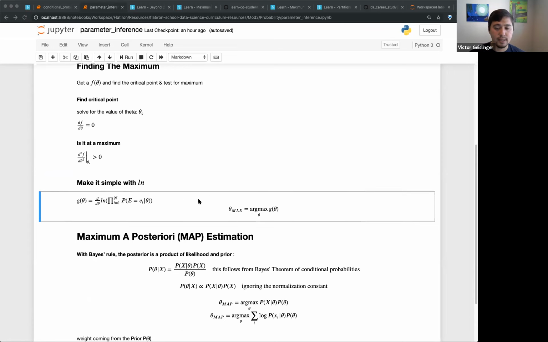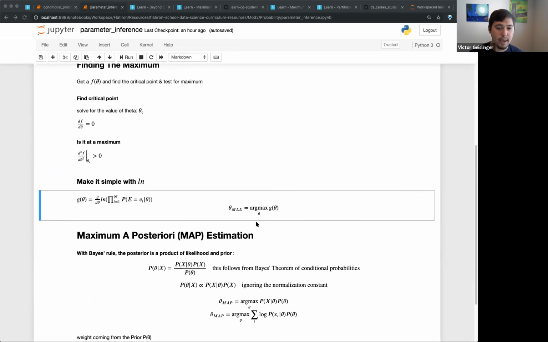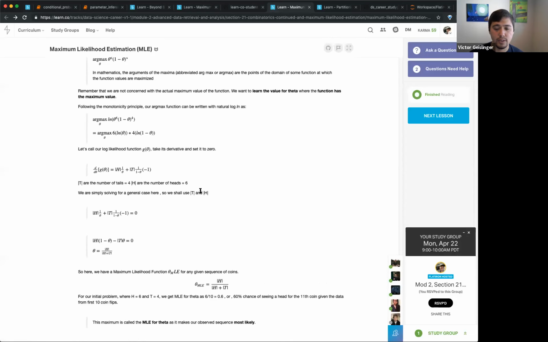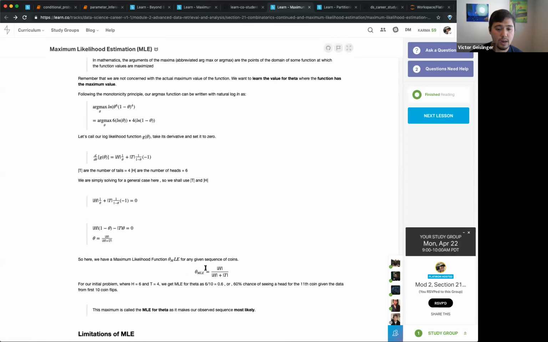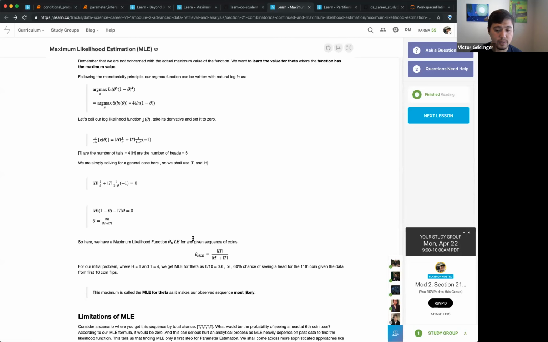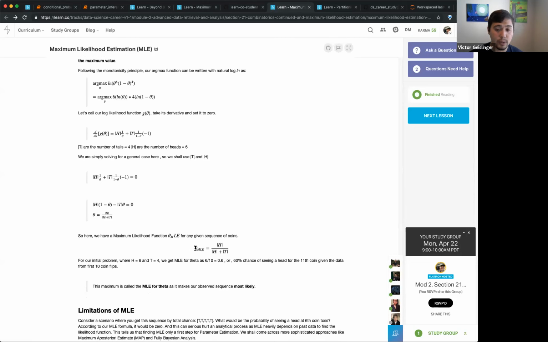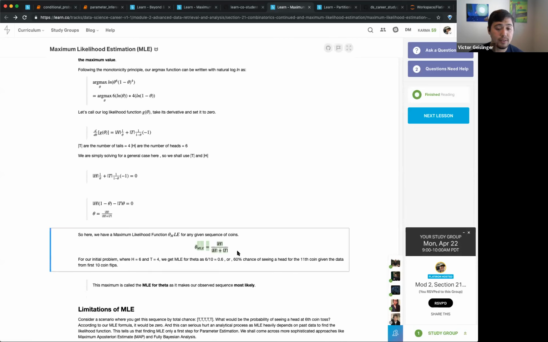So that's kind of our guy. Basically, you can think of it as just taking the maximum argument of this function right here. And when I showed you here, they end up saying this is just our ending function, just the number of times. So again, you get a really quick shortcut. You don't have to do a whole lot of stuff.